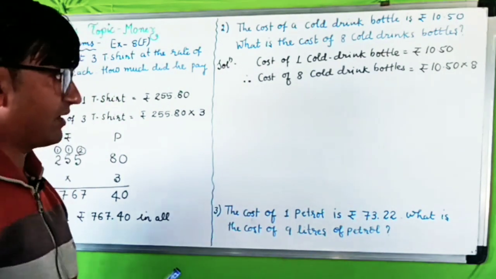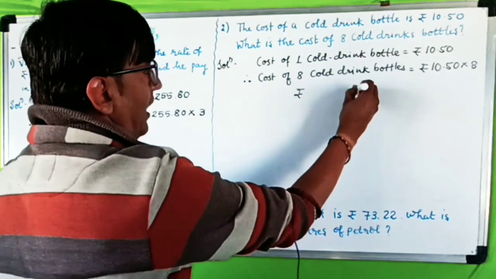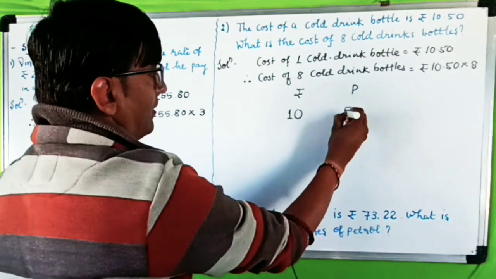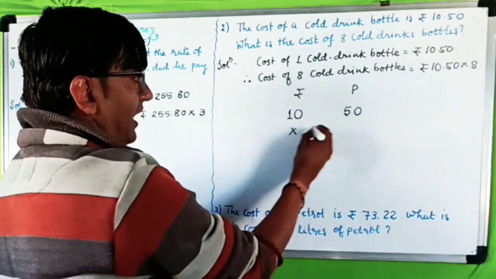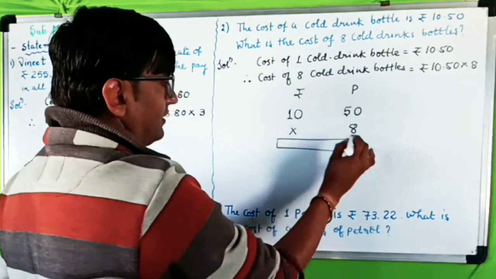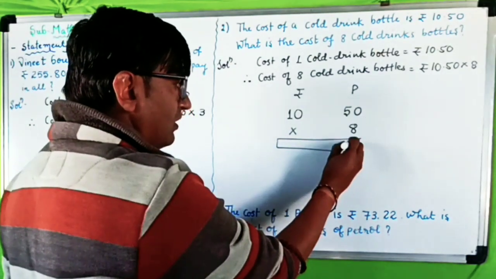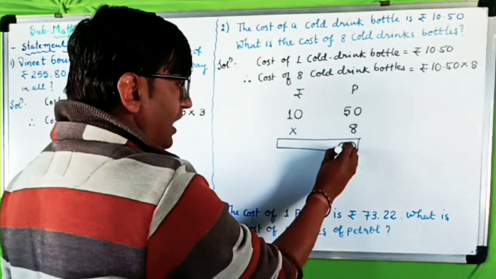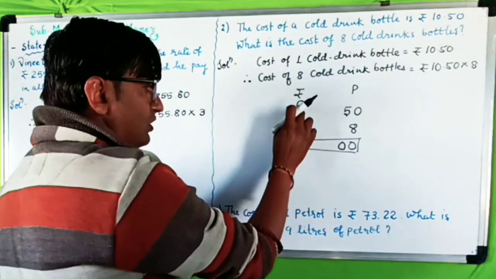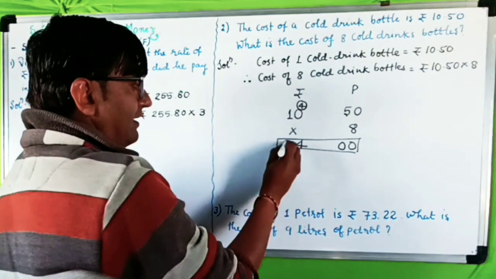Now we will multiply here. Same we will do here. I will write rupees column and paise column. Here I will write 10 in the rupees column and 50 in the paise column, multiplied by 8. Now 8 0s are 0. 8 5s are 40, 0 down and 4 carry forward. 8 0s are 0, 0 plus 4, 4. 8 1s are 8.